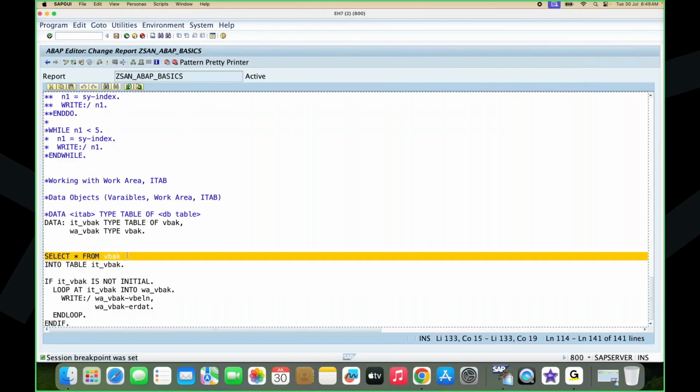Whatever you see in lower case, that is your own naming convention. If you want to get the data from the KNA1 table, you have to use SELECT * FROM as it is, change VBAK to KNA1, INTO TABLE followed by ITKNA1. Change ITVBAK to ITKNA1 if your task is to get customer master data. So now if I execute this,